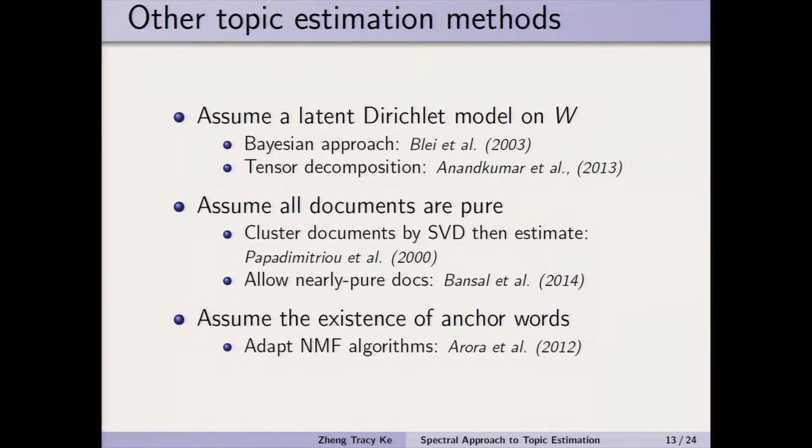But for the first class of methods, they impose an additional layer of Dirichlet model, a probabilistic model, on W. We have the very famous method called latent Dirichlet allocation, and another is a tensor decomposition method, where they try to match the moments with the whole modeling. For these types of methods, this assumption is in general quite hard to validate in real data, and also the Bayesian approaches tend to be